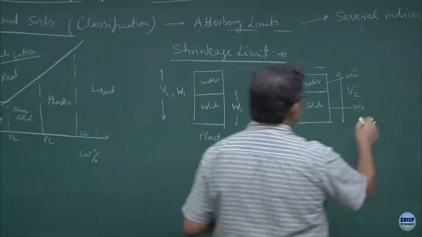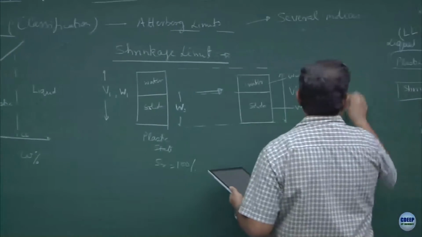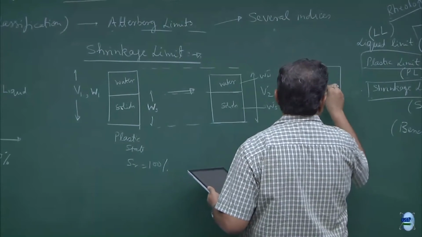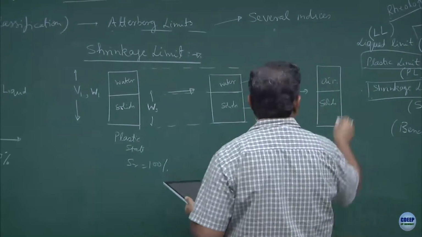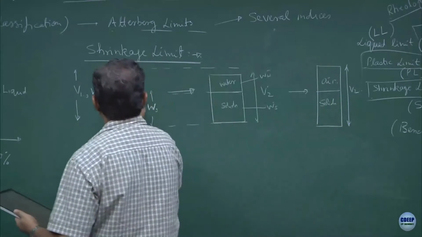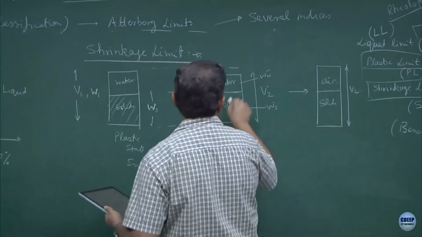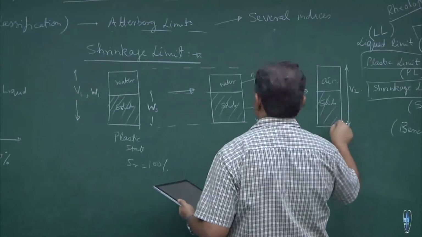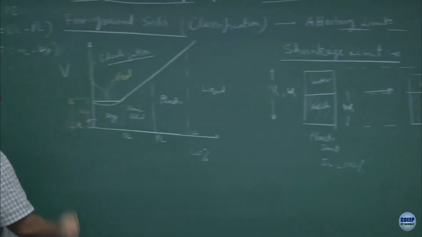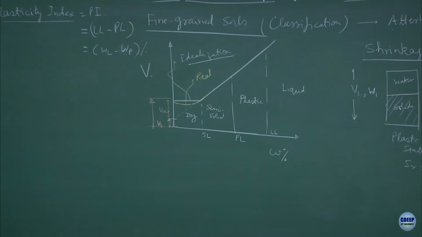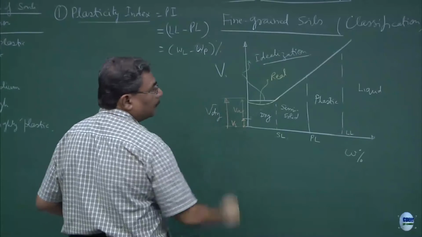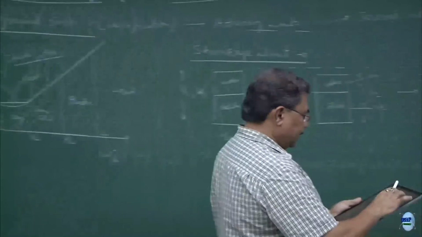and if I further dry it, what is going to happen is that this phase system will get converted to solids and air, the volume remains constant as V2. Okay. So, these are the solids. This portion Vs is not going to change further. This is what we define as V dry. Now, if you solve this three-phase system